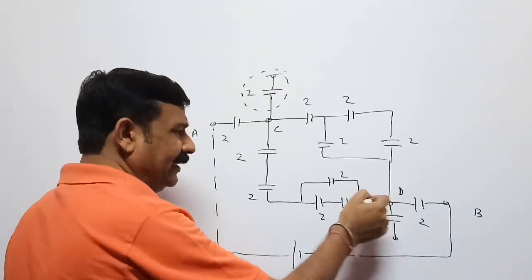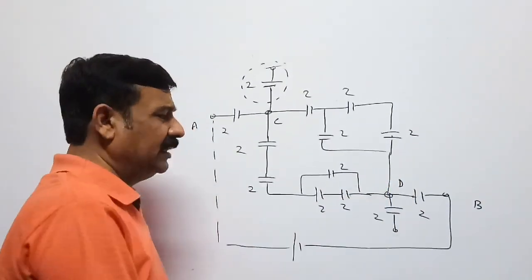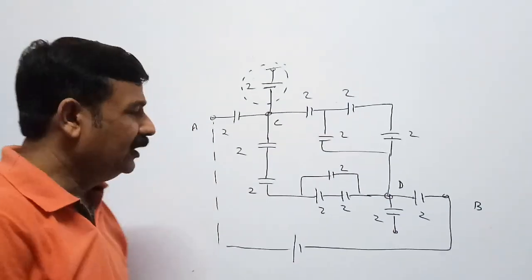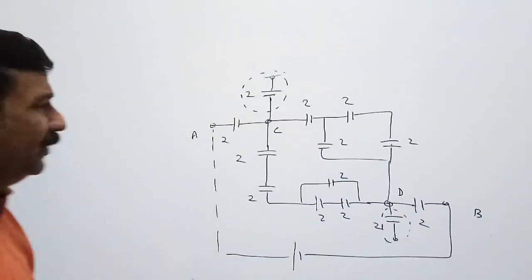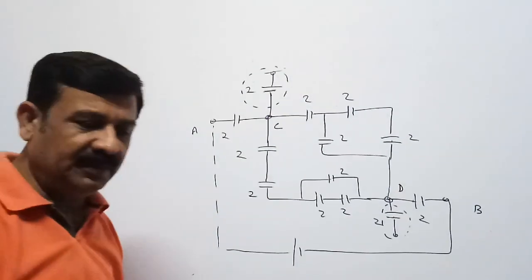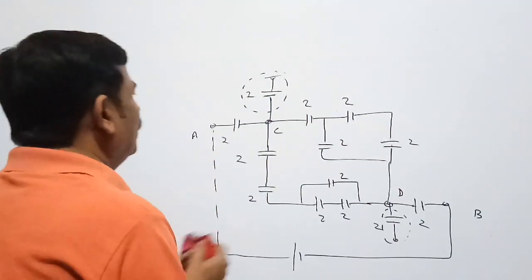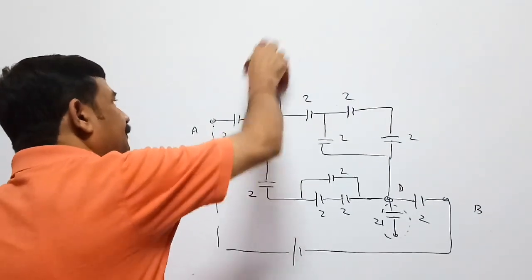After reaching here, it can go in this direction, it can go in this direction. It cannot go in this direction because again one plate of the capacitor is connected to free end. So it is also working as a fake capacitor. So when we find the net capacity of the combination, we have to remove these fake capacitors from the figure because they are present but they are not working.